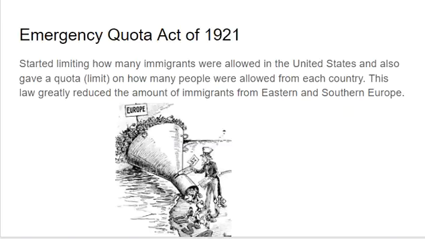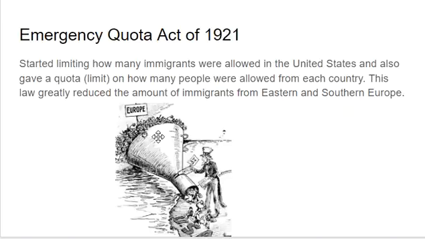And this is a political cartoon from then, and you see all these people from Europe wanted to come to the United States, but we were only allowing so many people. That's why there's just a tiny opening, but a lot of people were trying to come in, and it's still like that today. We have a lot of people from certain countries trying to come to the United States, while for other countries, there really aren't that many people trying to come. But this law makes it so only so many people from each country can come in.